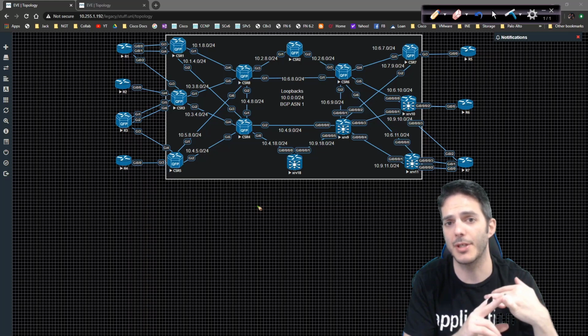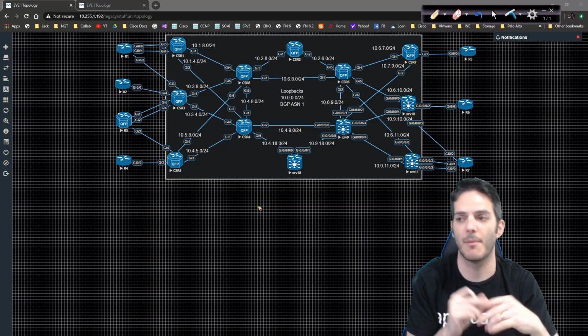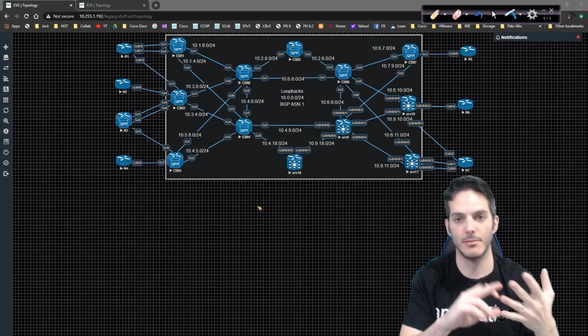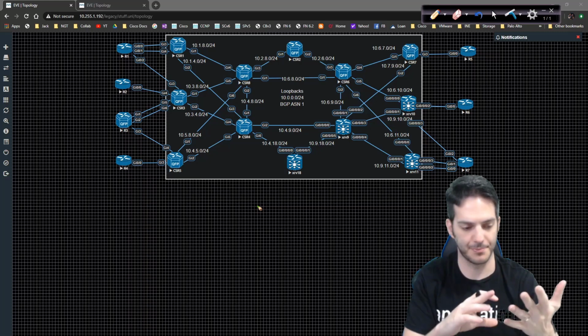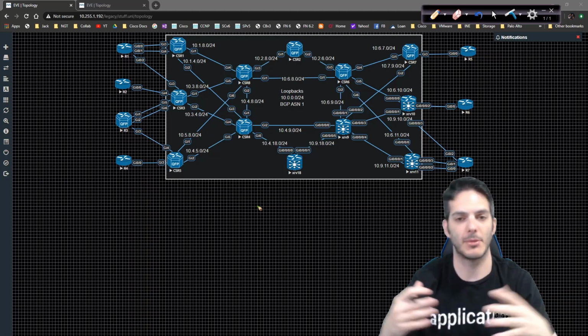High availability scenarios, backup connectivity, that type of stuff. And then we're going to transition into other capabilities like VPLS, HVPLS, BGP auto discovery, all that type of stuff is going to come into play